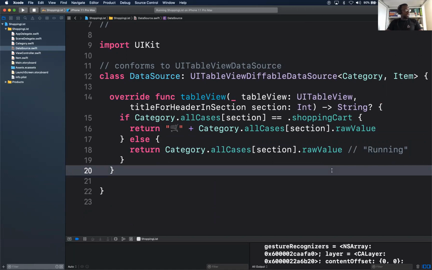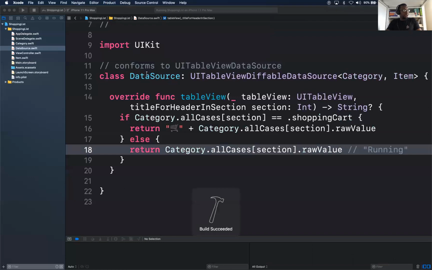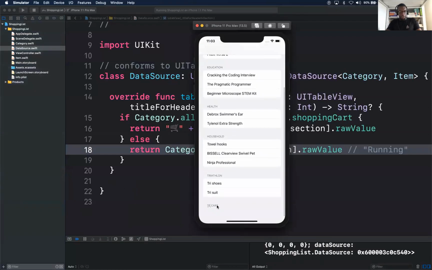Actually, we might be able to do delete today because we're good on time. We'll probably do delete and then end today. Shopping cart. All right. If we were to run that app now, we should get a shopping cart next to our title, like that. Did everybody get a shopping cart next to the title? Yep. All right, cool, great.